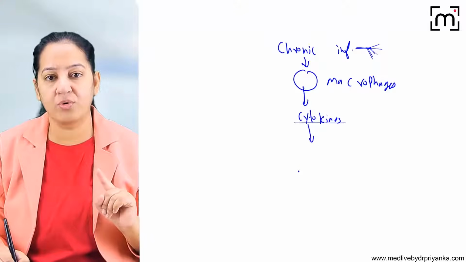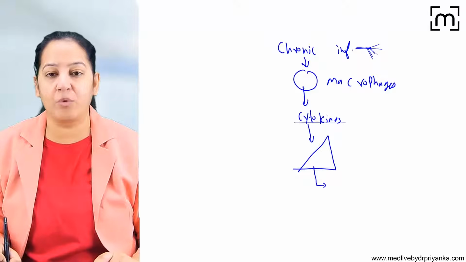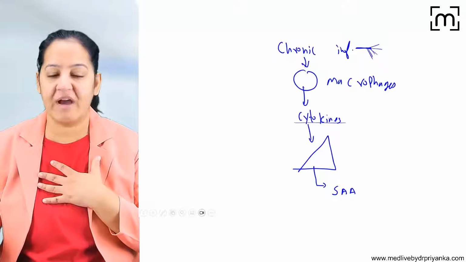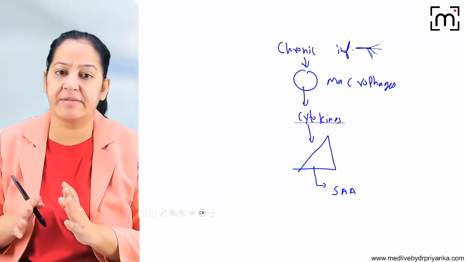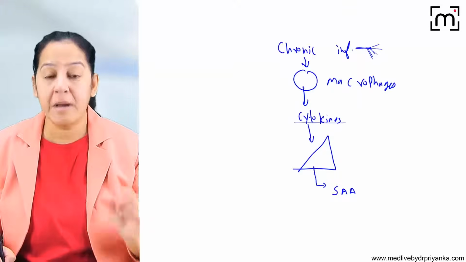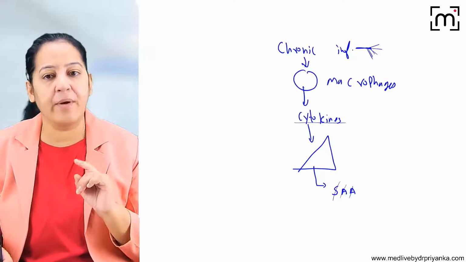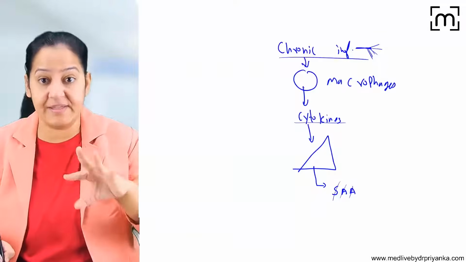These cytokines will go to the liver and stimulate the liver. So liver will secrete a protein in the blood which is known as SAA. I don't have SAA in my blood because I don't have any chronic inflammatory disorder. But anyone who is having TB or any chronic inflammatory disorder, they have SAA in their blood, because liver is stimulated and secretes SAA. What is SAA? Serum amyloid associated protein. We don't have it, but the person with chronic inflammatory disorders have this in their blood.